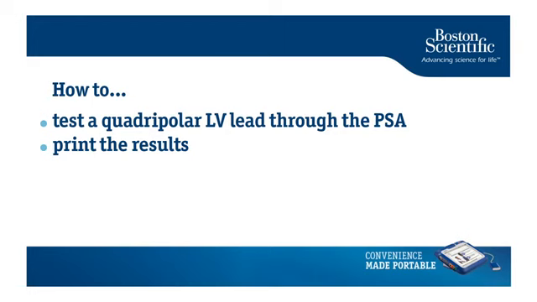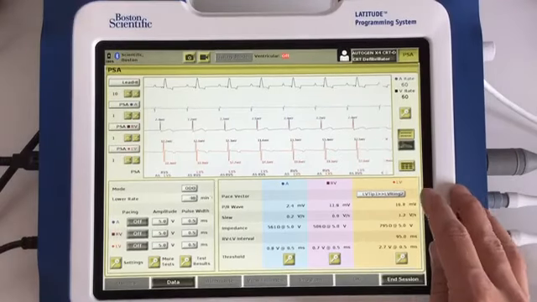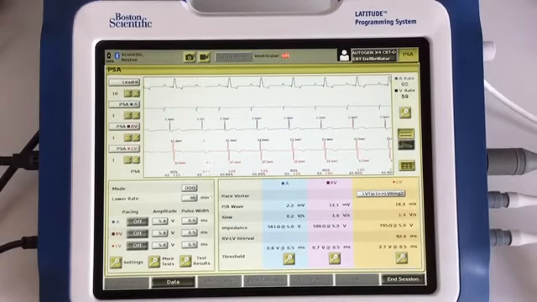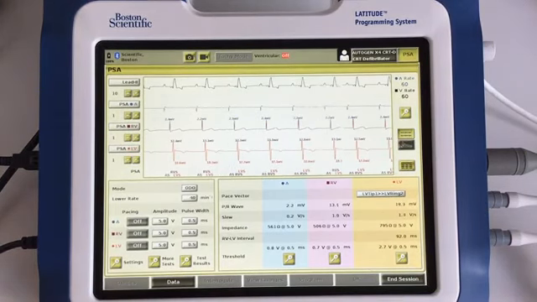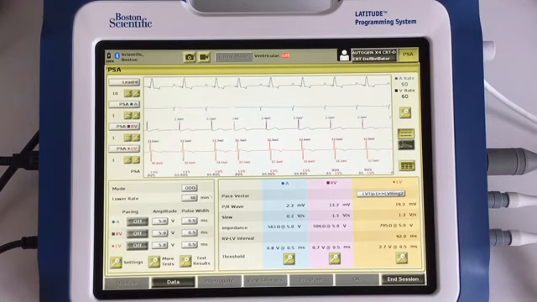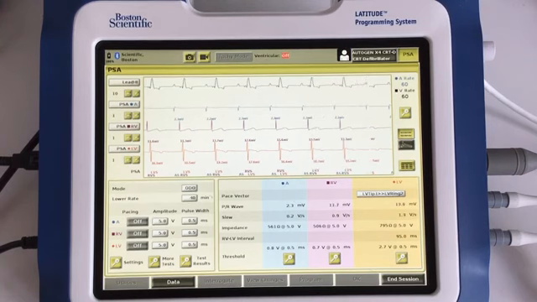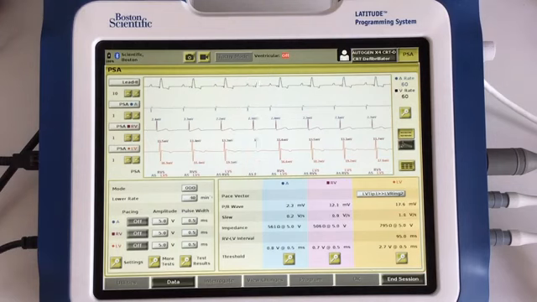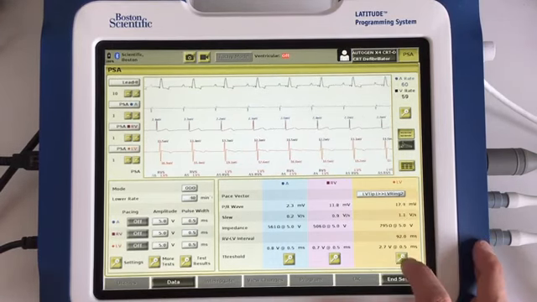So now we can test our LV lead. Currently set bipolar 1 to 2, and as we've connected multiple sets of PSA cables, we can test all of the available vectors without the need to actually move any crocodile clips around. At the moment they're connected to all 4 LV electrodes, the RV electrodes, and one of the RA electrodes is on the patient for unipolar vectors. Into the magnifying glass,